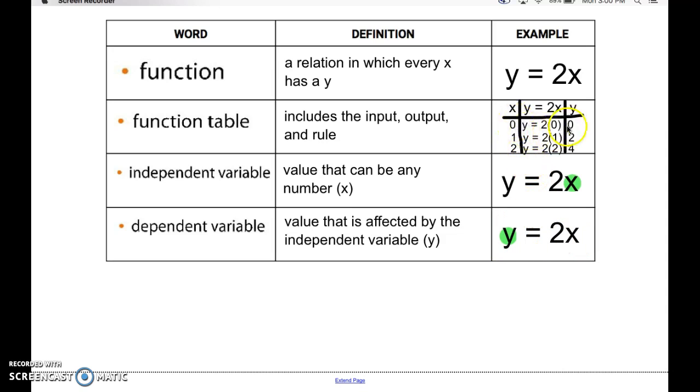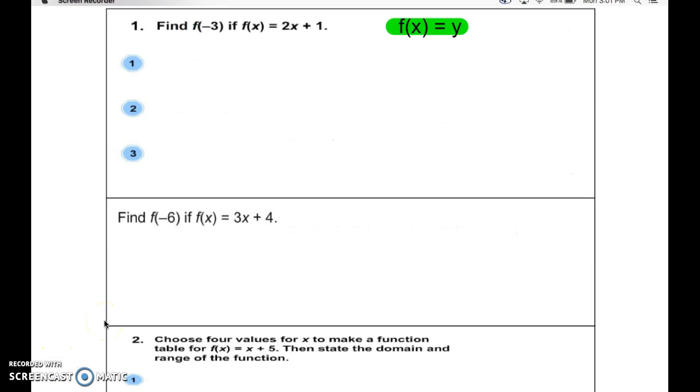When x is 0, y is 0. When x is 1, y is 2. When x is 2, y is 4. So y depends on x. Therefore, y is the dependent variable. So let's take a look at some examples. First of all,